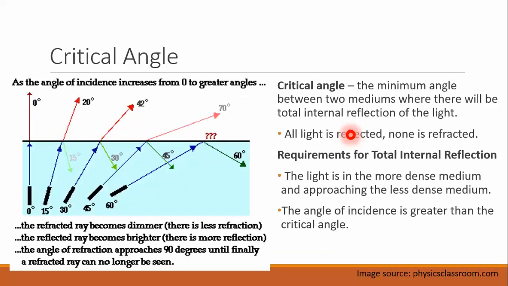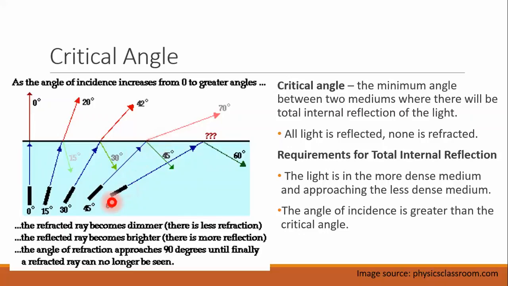We also have certain angles at which things start to reflect completely. So this is called the critical angle, and you can look at this diagram. If the angle of incidence starts from 0, if we hit a surface with an angle of 0, if you plugged it into Snell's law, you'd find that the angle of refraction is also going to be 0. So we increase the angle, so now it's at 15 degrees, now it's at 30 degrees,